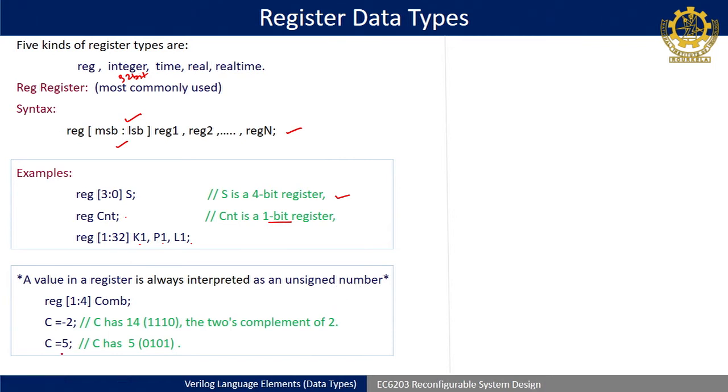So if you have written C is equal to 5, the output is like this, because I have defined this is actually C only. As I have defined C as [1:4], so 4-bit of data is there. So when I have taken 5, it is 4-bit 0101. In other case, when C is equal to -2, it has to be changed into 2's complement form. If you find out the 2's complement of 2, you will find this as the value. So it will be treated as an unsigned number.